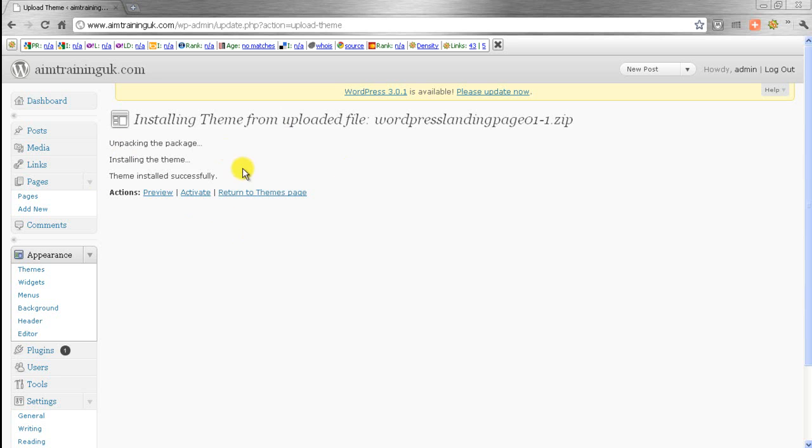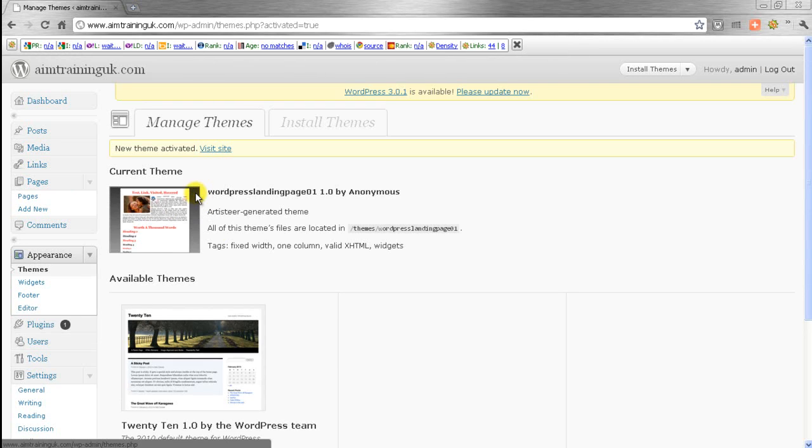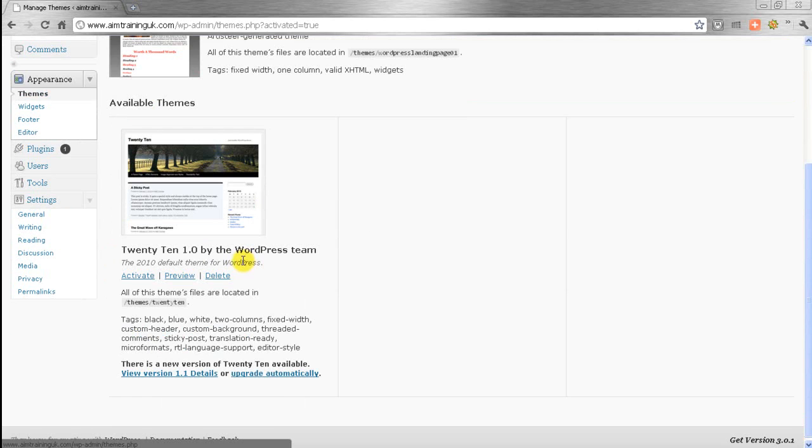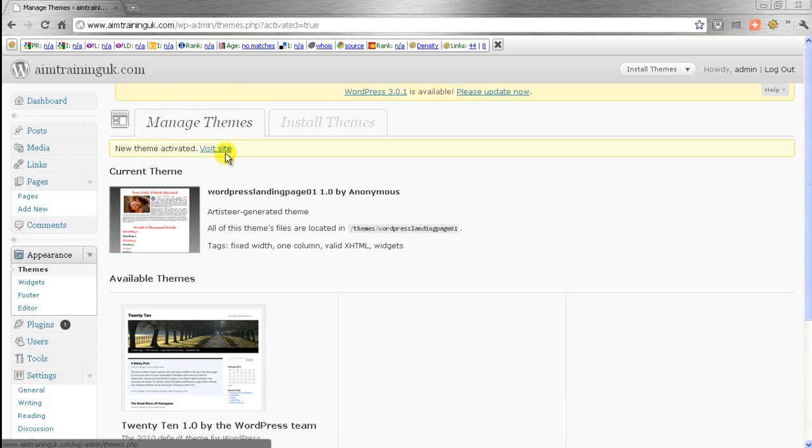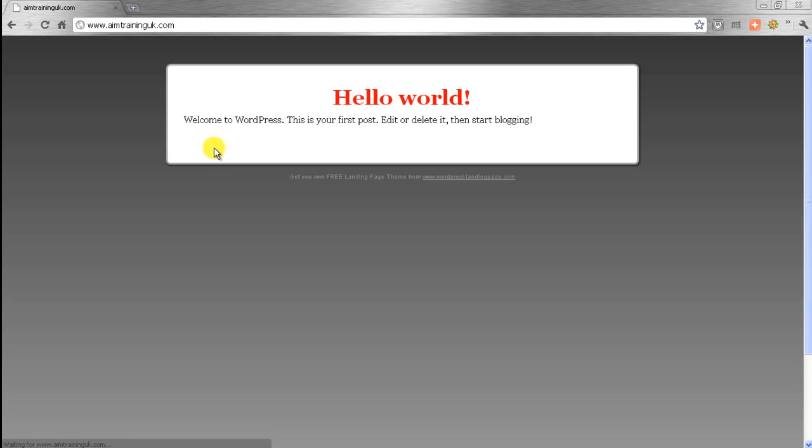So when you get to this point, we just click on Activate. Now, all you're doing now is activating a theme, and it will show up in here, which is exactly what we want. So now we've got that, we just visit the site. Let's have a look and see what the site looks like. And there it is. It's a beautiful thing. We've actually put the theme on there,